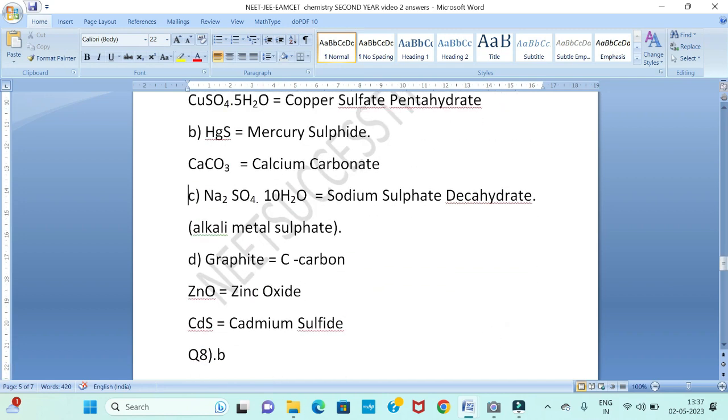Na2SO4. Sodium. Sodium means the keyword is solo. Solo is a solo person. How does he behave? Monarch. He never listens to parents and others. He will do whatever he wants. Solo persons. So monoclinic. Some days if that person doesn't listen, the parents will take him to clinic. Monoclinic. Mono means monarch, solo. So solo, sodium sulfate decahydrate.